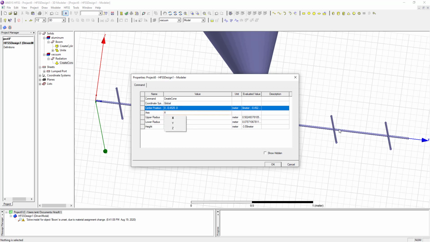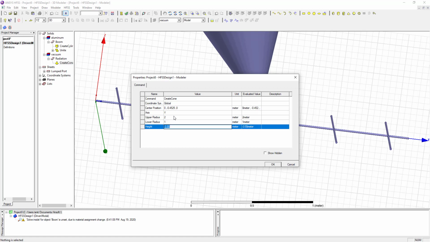My axis will be y. Upper radius is 2 meters and lower radius will be 1 meter, and the height for my radiation boundary is 5.0625 meters, and click on OK.